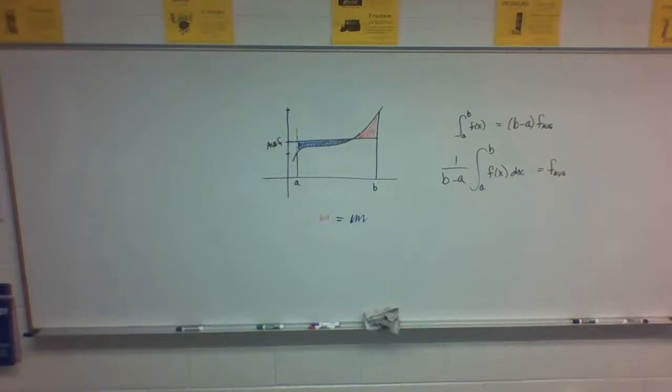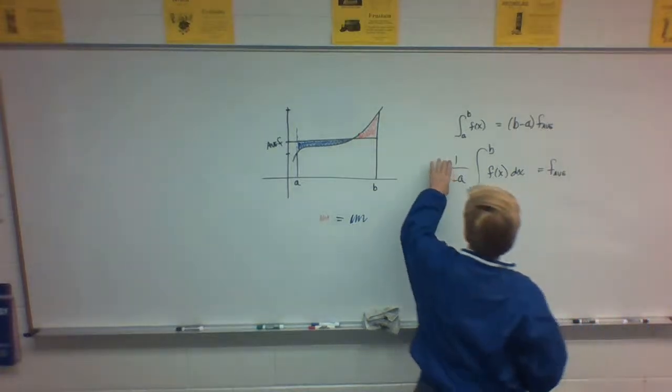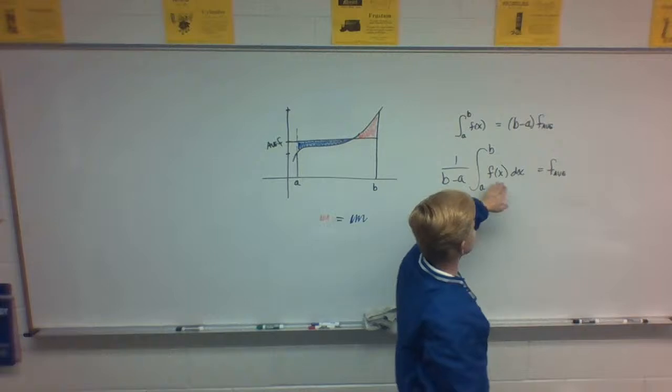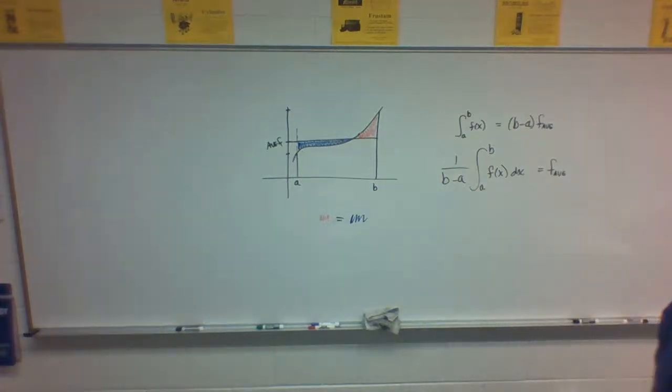Okay, so the average value of a function, 1 over b minus a. They'll tell you what this is. So you find that fraction, and then you multiply it times the area under the curve. That's it. I'll give you the average value. So it's just like a different way to find the area under the curve? No, it's not. It's just saying if you want to find the average value of the curve from here to here,